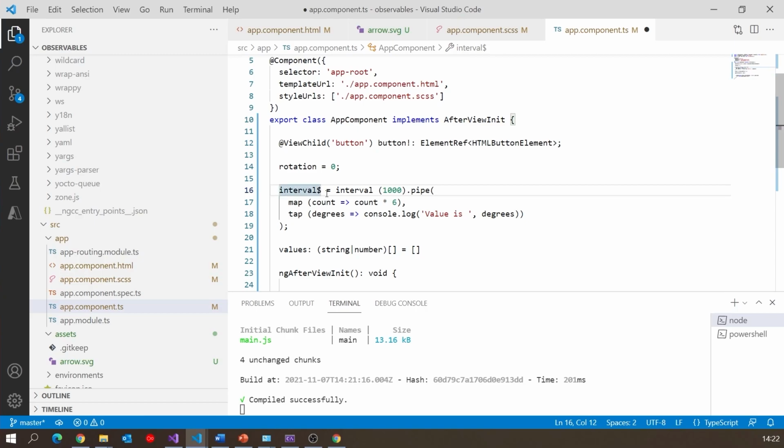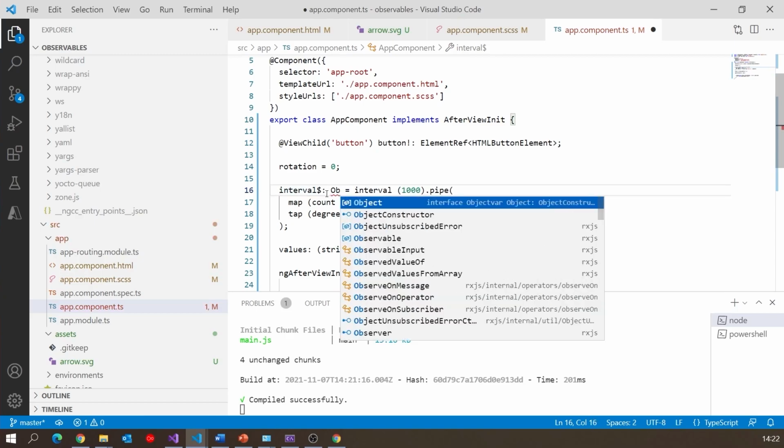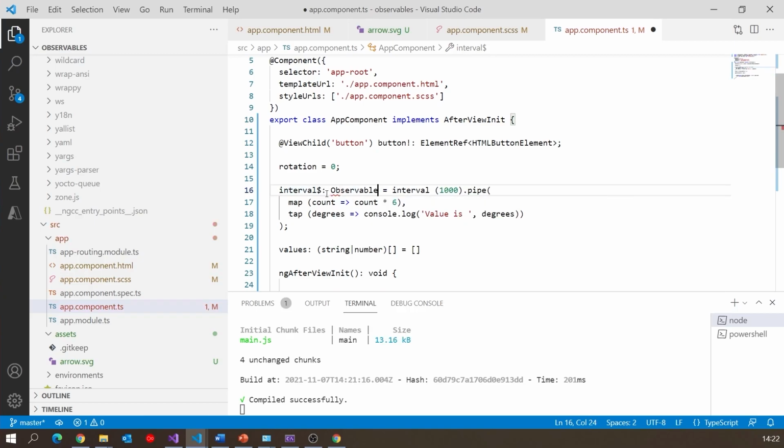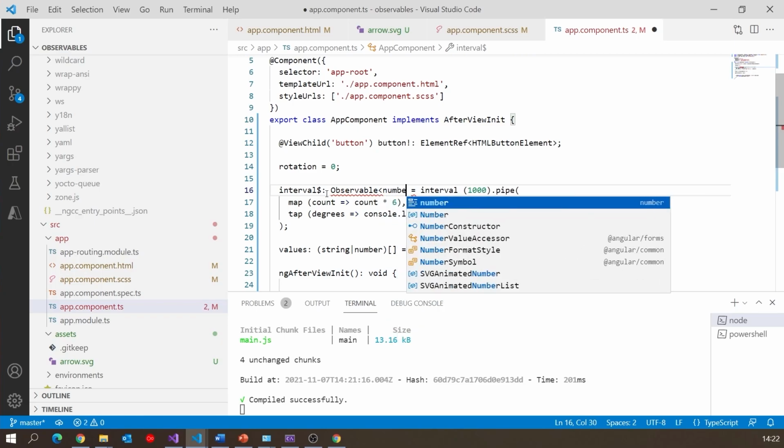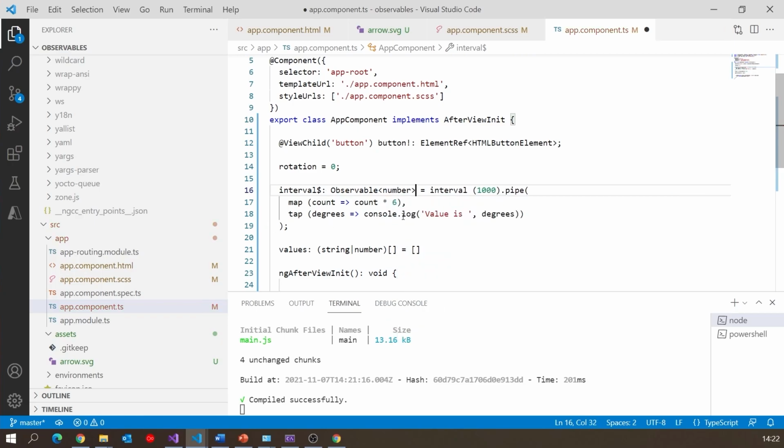So if I'd wanted to, I could have put in here observable angle brackets number, because remember, number is what we're getting out of there, because degrees is a number. The last thing that came out of that map is going to be a number. Though good practice is, given that TypeScript can infer the type, we don't normally bother to explicitly say it because it can still see that it's an observable of number.